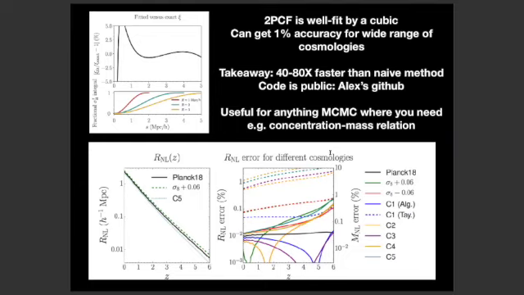But this is just some other stuff I've been doing to try to improve different aspects of the clustering pipeline that we might apply for surveys such as DESI. In particular, this nonlinear scale calculation is actually relevant anytime you want to do an MCMC where you need something like a concentration mass relation. So it's not so relevant on BAO scales, but I think a lot of the things discussed yesterday regarding extracting information from smaller scales could benefit from ideas like this, where you're just finding ways to evaluate those predictions more quickly.